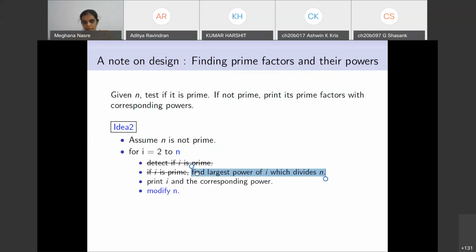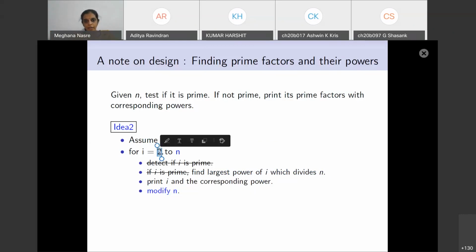So finding the largest power of I which divides n is going to require a loop inside the for loop that you are running, and then don't leave n as it is, modify n. Let's say your number is 100, and you start with I equal to 2.